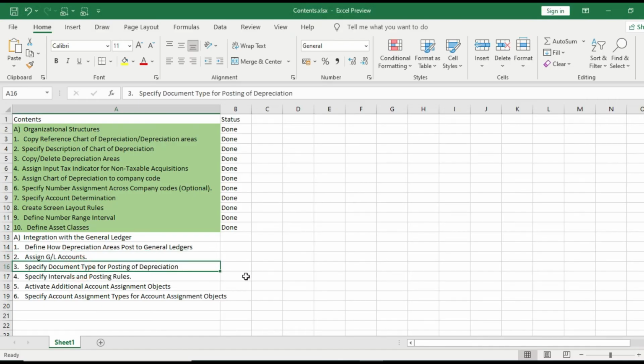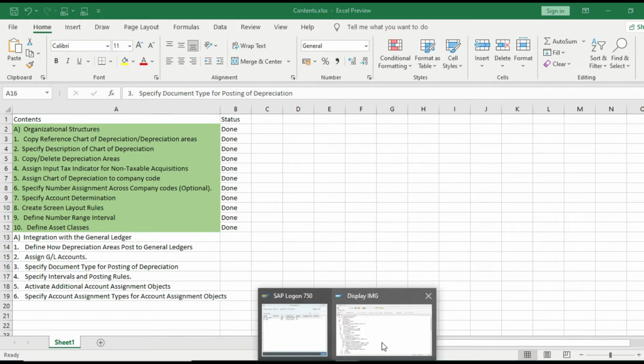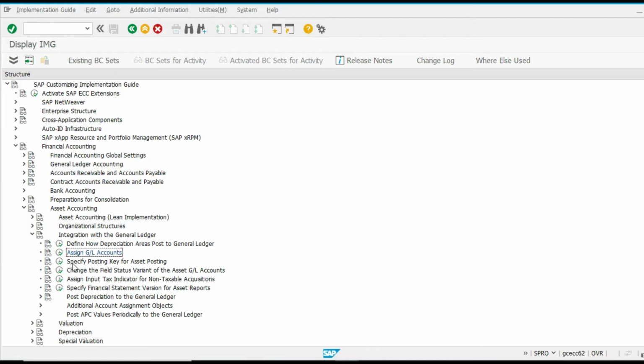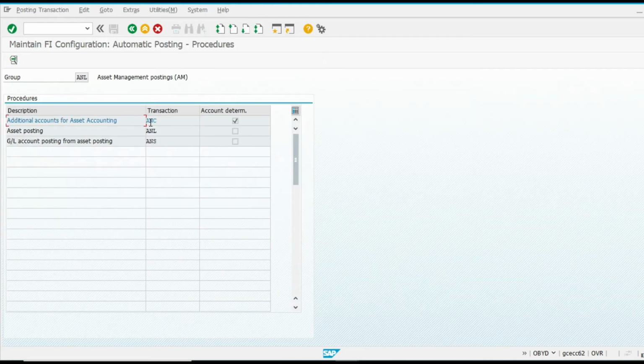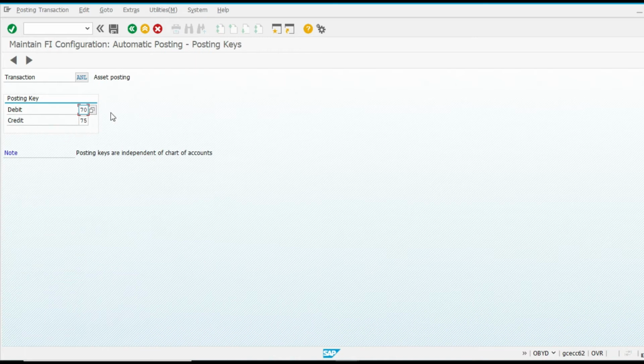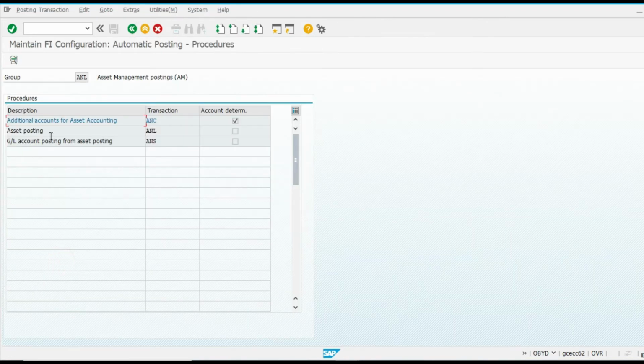Now third is specify document type for posting depreciation. So this is specify document type, like addition, account assignment, account determination. What does it mean? It means the system takes the document type on the basis of account determination. See, asset posting key, then GL account posting.